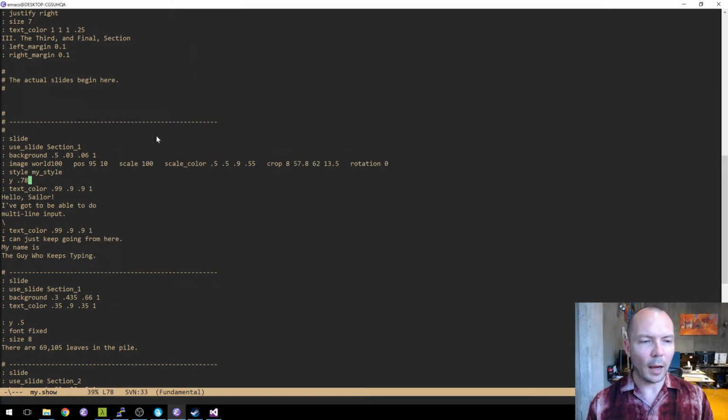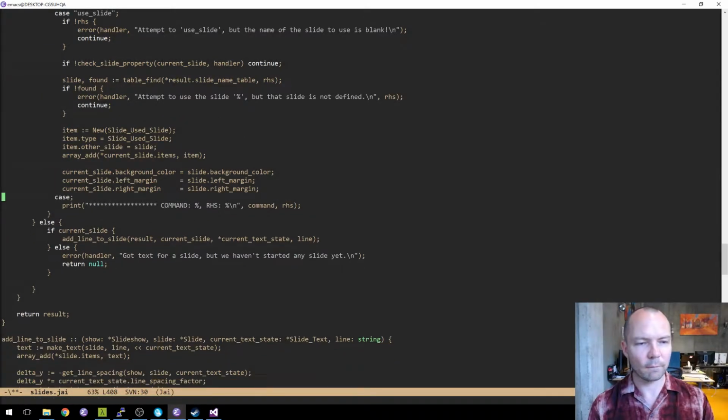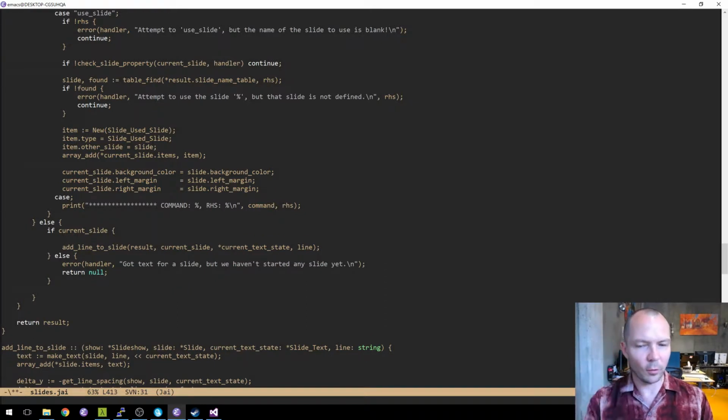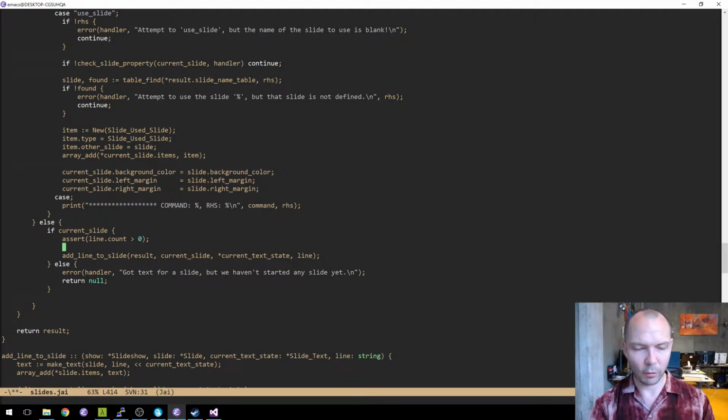So, and we're also going to take out the blank command. So let's go to the source, slides, let's look for blank, let's get rid of that. So before we add a line to a slide, we're going to do the following. Well, I believe our lines count always has to be greater than 0. We'll assert that for now.